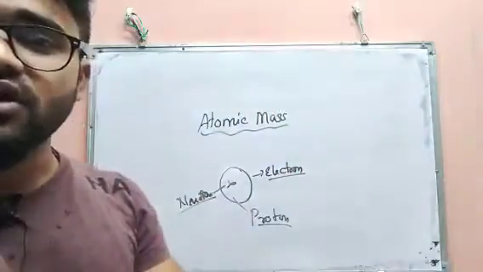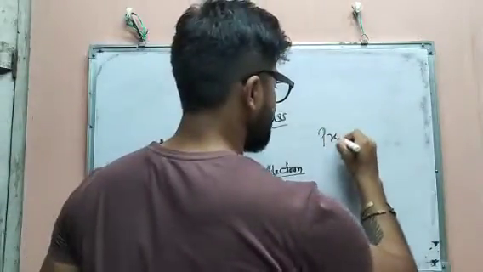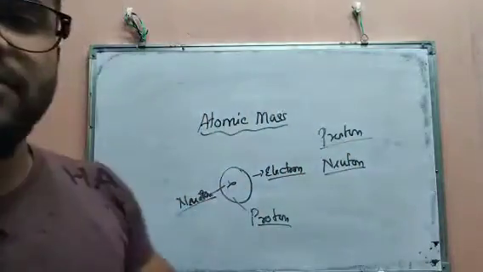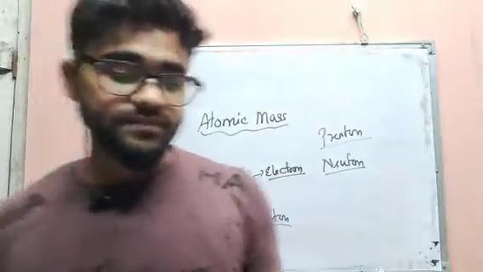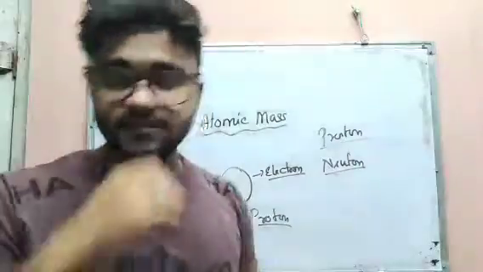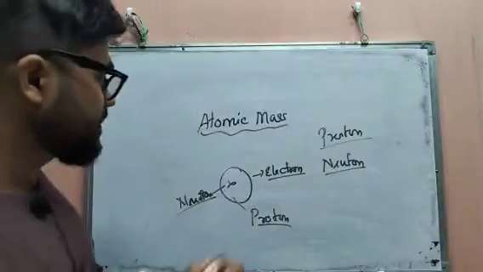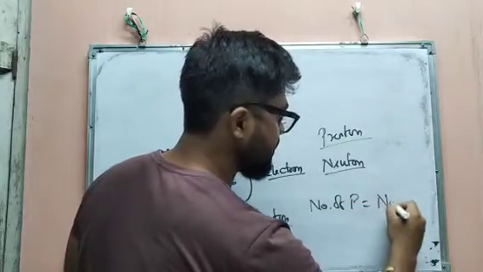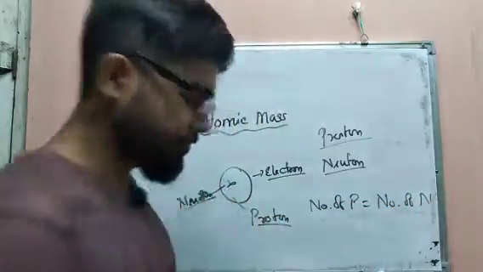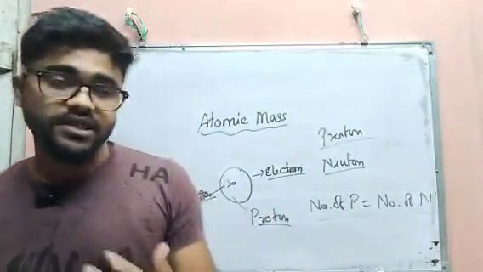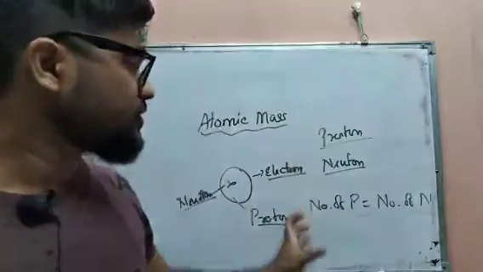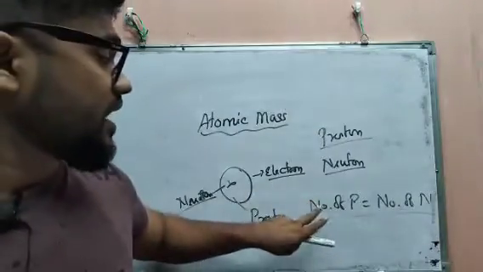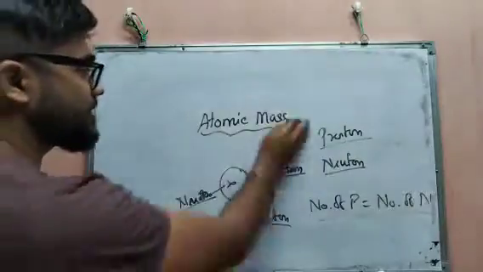So here we are going to consider only the mass of protons and the mass of neutrons. Always remember, I have already told you that the number of protons is equal to the number of neutrons. But when we consider the mass of a particular atom, we have to calculate the total sum of the number of protons plus the number of neutrons. For example,